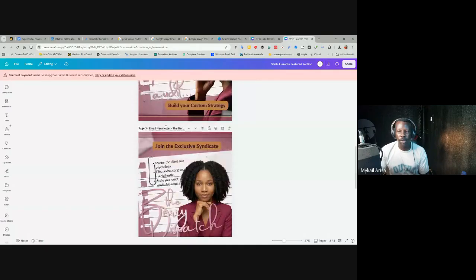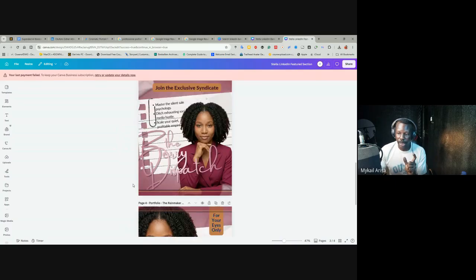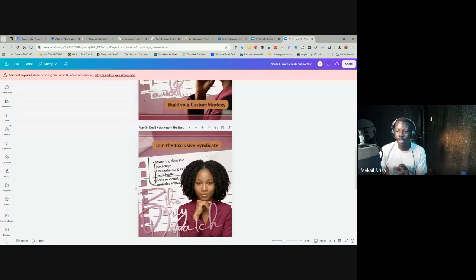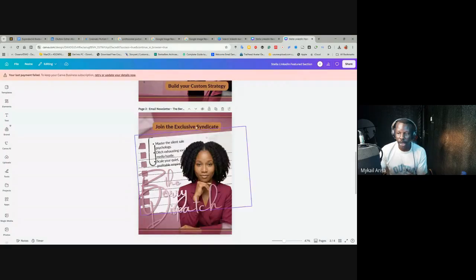Then we have email newsletter. Of course, you are going to build your newsletter where you also have a lead magnet, right? I think a lead magnet. Yes, that's it. That's the lead magnet. So this is the newsletter. So for people that just want to join, it says join the exclusive syndicate. So it's like there is a term she calls her followers, right? So this is what it is like. Now the name of the letter is the Berry Dispatch. Now the berry here has to match her brand color,